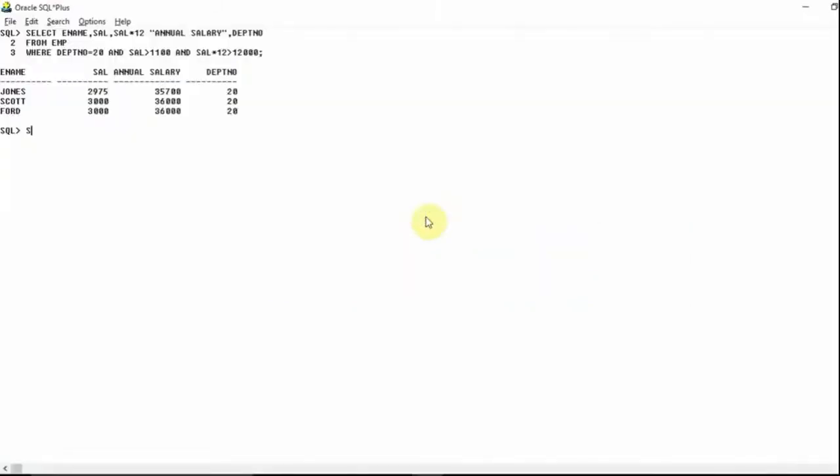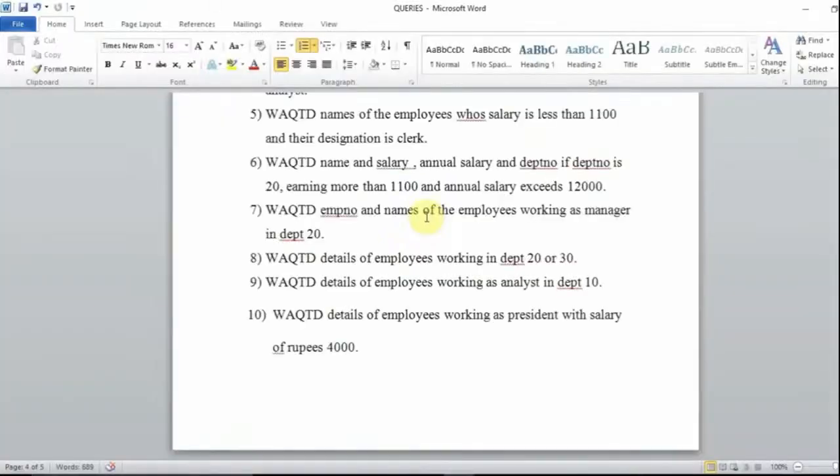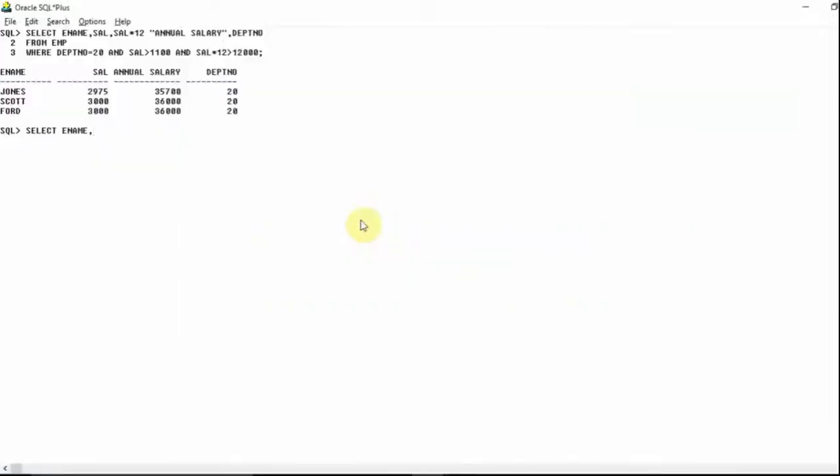Okay, so I will write select employee number and employee name, so EMP number. First I will write EMP number, after that E name guys. So I will be selecting these things from the EMP table